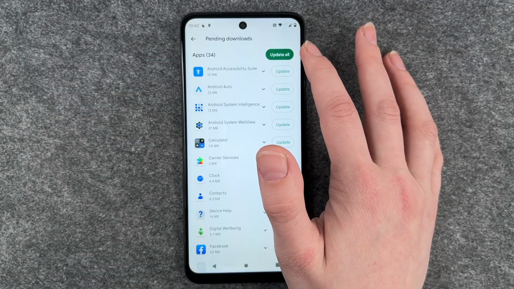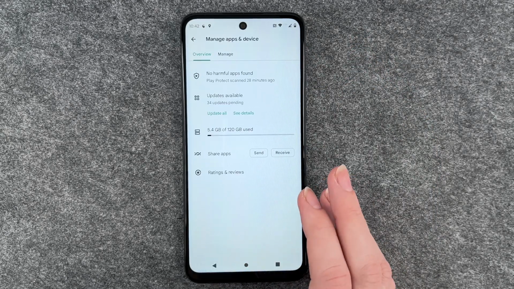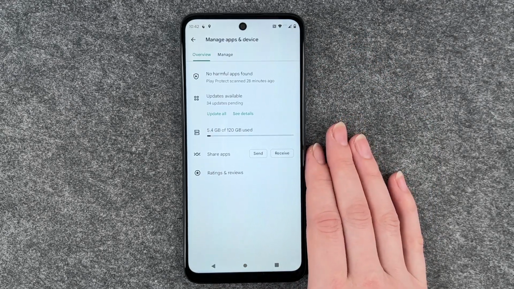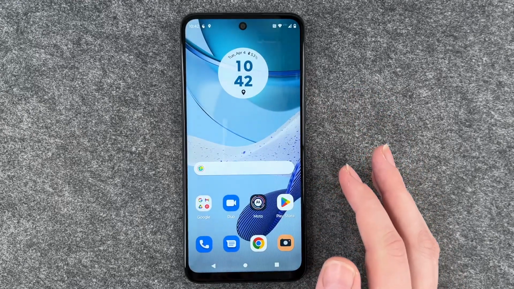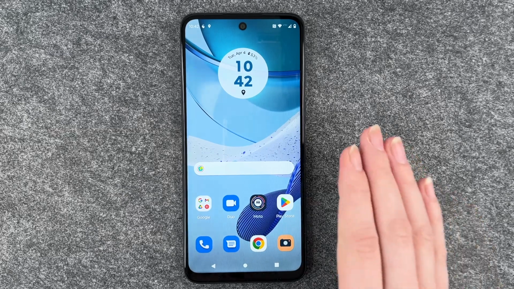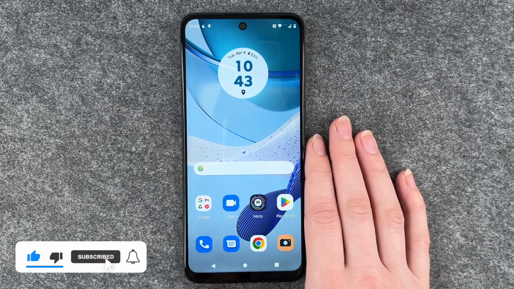You can also decide here to update them all, or you just go back and only update the apps that you would like to update. If you've done that, you can just go back and then the app will run with your new update. So that's how you update your apps on your Motorola Moto